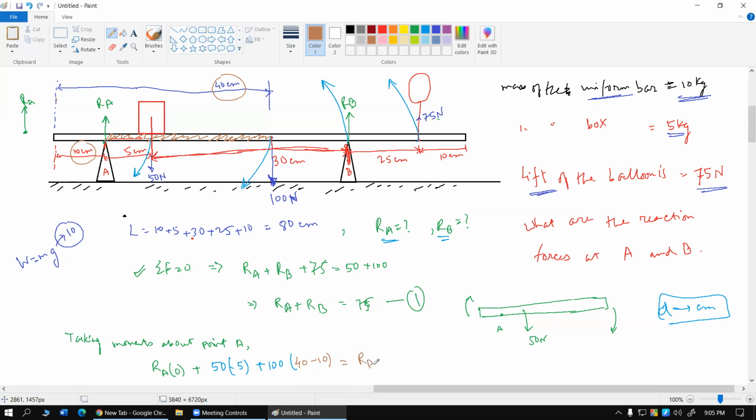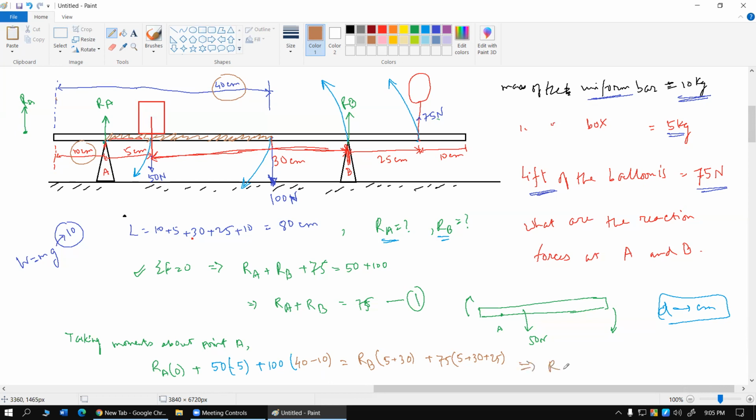So RB এর ভ্যালু হবে, আমরা একটু আগেই দেখলাম RB ভ্যালু কতটুকু হবে, এখান থেকে হচ্ছে 5, এখানে হচ্ছে 30. So I'm going to write it as 5 plus 30 plus 75. That should be equals to, distance should be 5 plus 30 plus 25. So আমি সব ব্রেকডাউন গুলো সহ লিখলাম যাতে করে কনফিউশন না হয়।